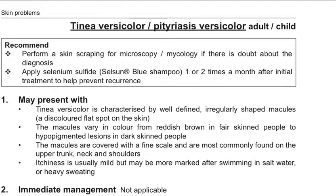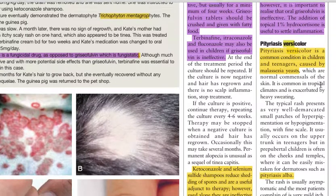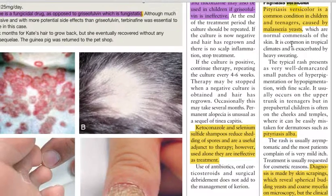Page 330 of the PCCM. Skin problems, tinea versicolor, or pityriasis versicolor. Now, just to go back to the basics and remind myself what pityriasis versicolor is. It's a common condition in children and teenagers caused by yeasts, so Malassezia yeasts, which are normal commensals of the